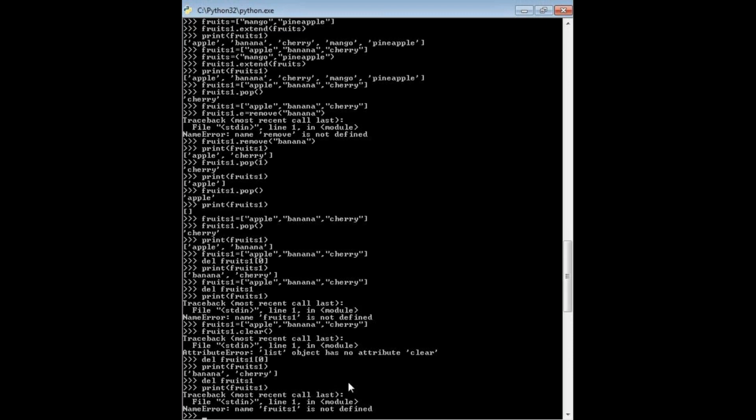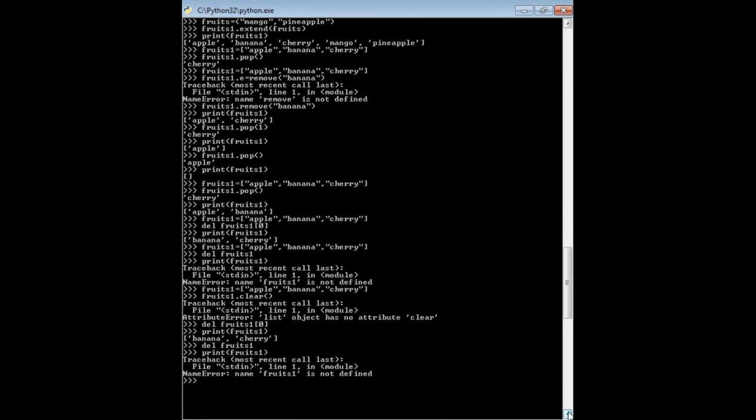Now the same way, if I use del on the whole list, the entire thing is deleted, the list itself is deleted. Whereas clear only clears the content of the list, but it never deletes the list. Okay, that is the difference. But here in my version, since it doesn't